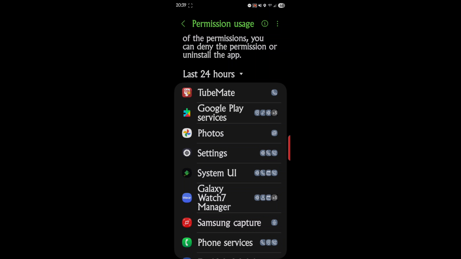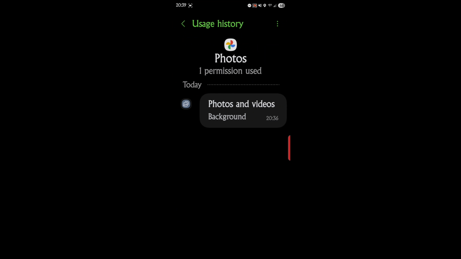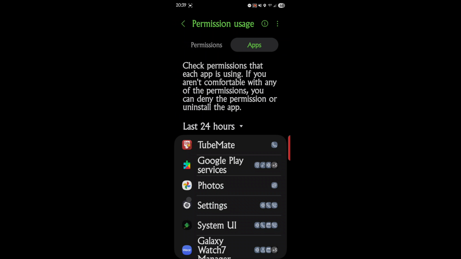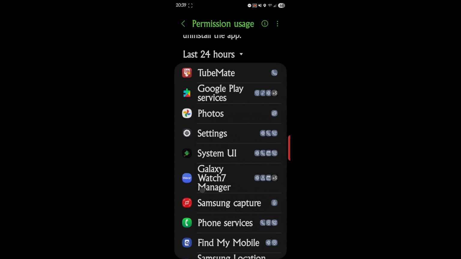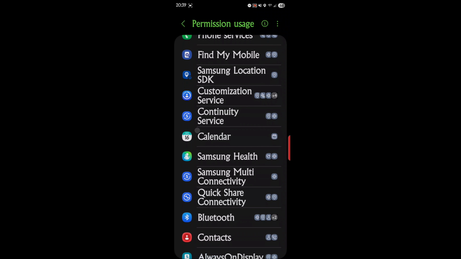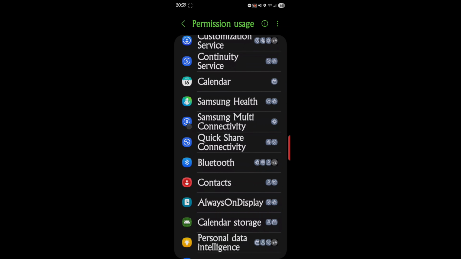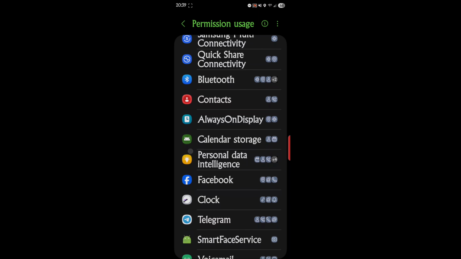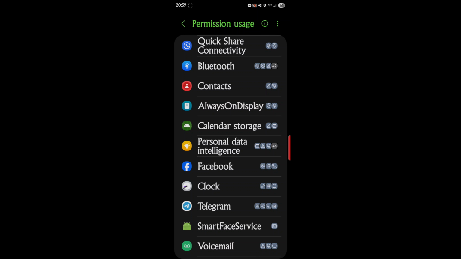These are all apps, and the little icon next to each one is what it used. If we go into photos, you can see it says photos and videos, background. And we did that today at 2036, that'd be 8:36, so just a little while ago. All these different apps are showing you what they have used. So if you scroll down and see an app that you don't know what in the heck it is,